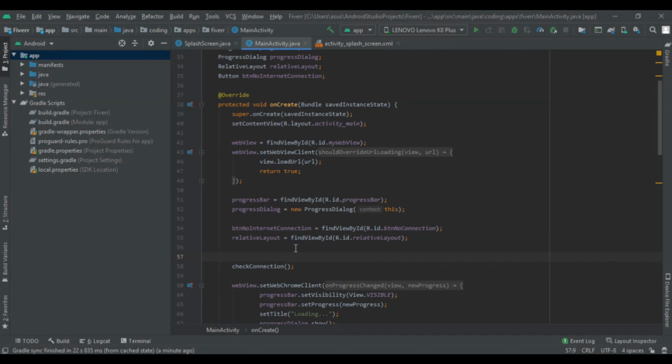Welcome friends to part 7 of our series, How to convert a website into an Android app. In this Android tutorial, we are going to learn how to enable playing videos and ads from your website in an Android app.